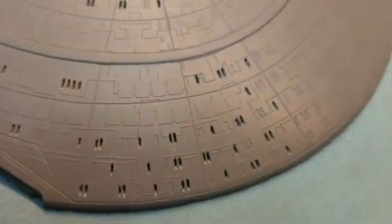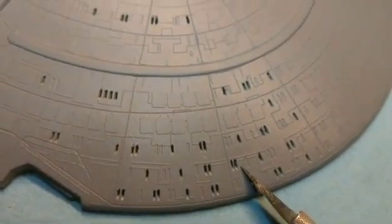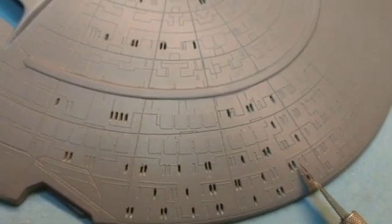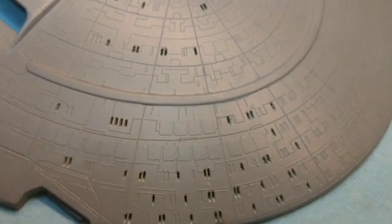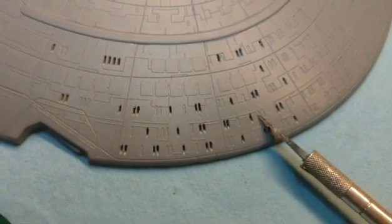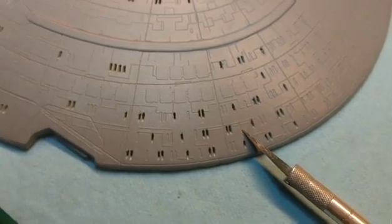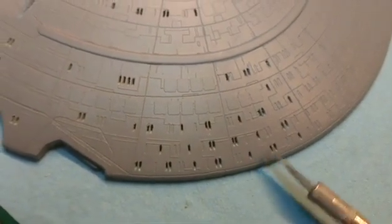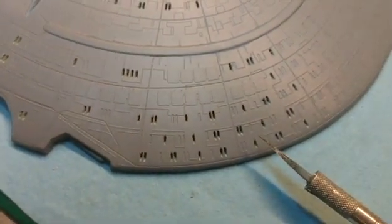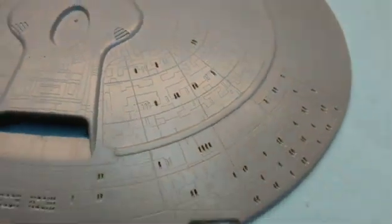Now, for this section in here, I didn't skip over, like go to this one, just for the simple fact that the windows along in here are basically all lined up, and I wanted to sort of break it up a little bit, so I did the set here instead of going to their one, just because it would be like 3 there, and you know, so it looked a lot better that way. Get the rest of it done, and